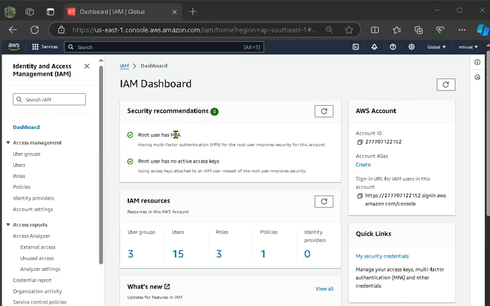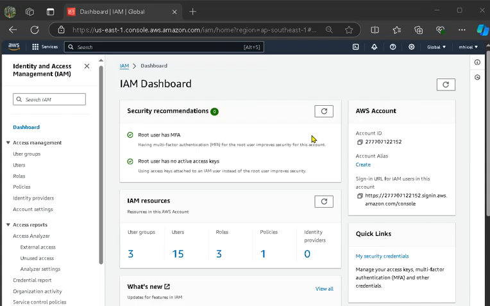If you haven't activated MFA, you will have a choice here to manage the MFA. Just click that, manage MFA, and then